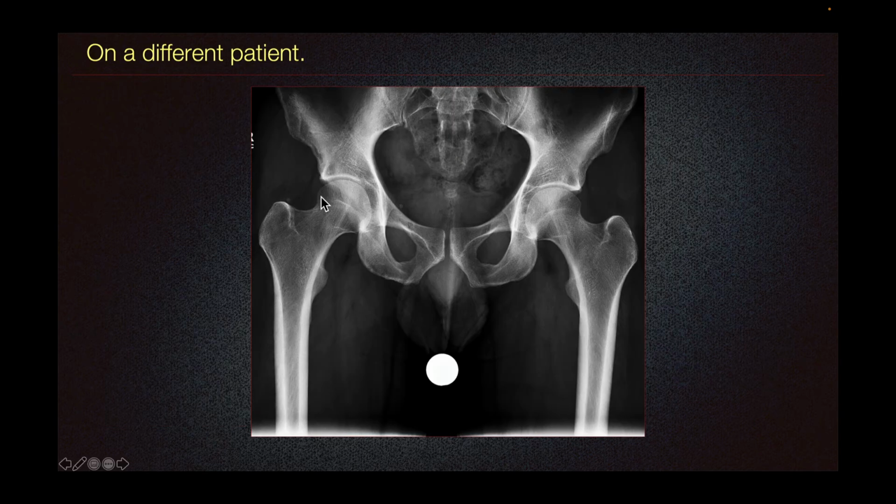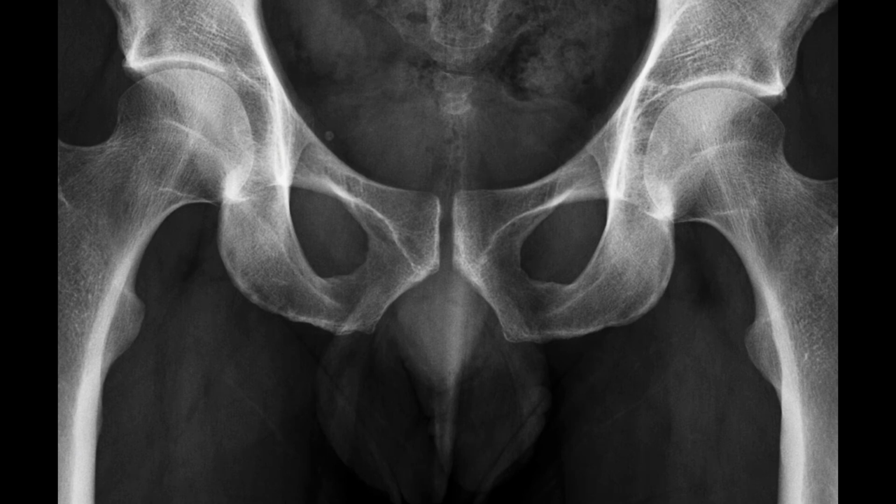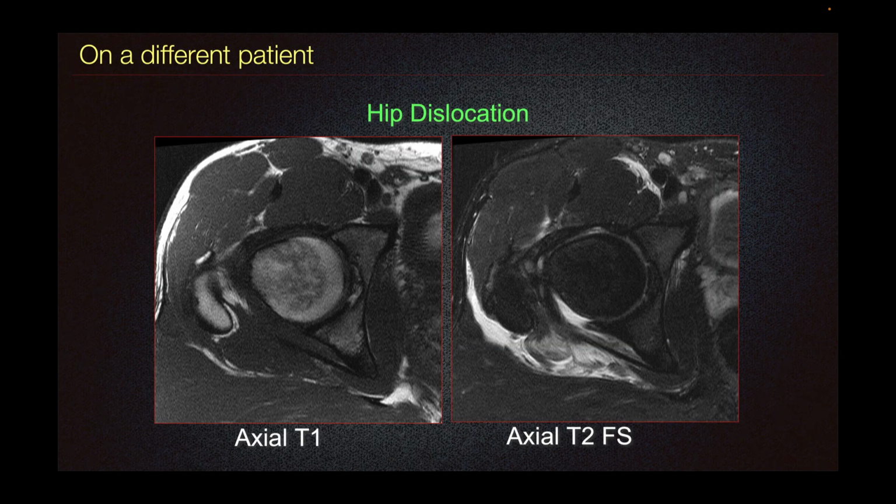Concentric reduction would demonstrate symmetric joint space throughout the hip joint compared to the contralateral side, whereas a non-concentric reduction will demonstrate asymmetric joint space within the same hip. Determining the reduction positioning is important, as non-concentric reduction could be detrimental and it could be caused by underlying osseous